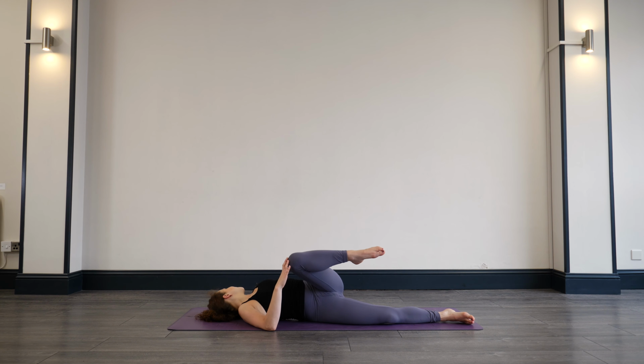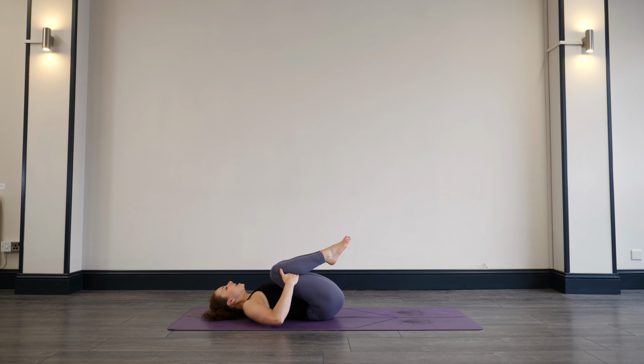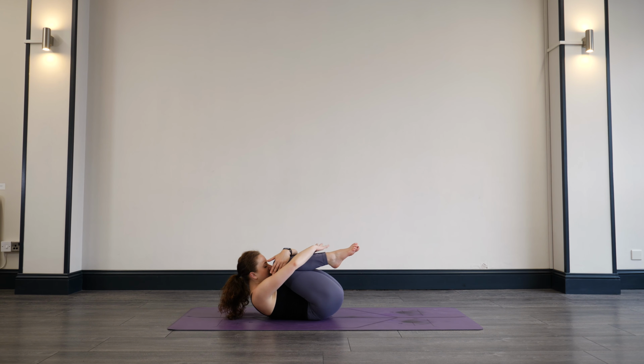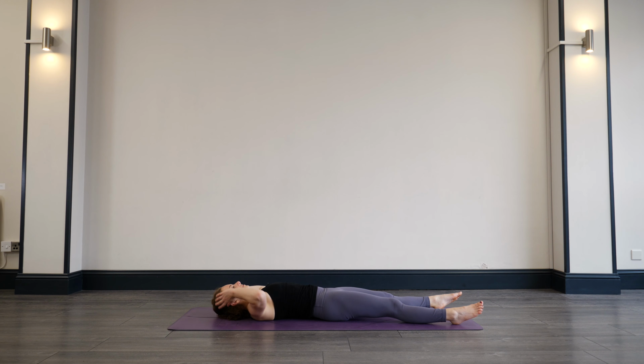And slowly on your next exhale, just releasing the stretch, hug both knees into the chest. Big breath in, just curl yourself up into a really, really tight small ball. Chin moves towards the knees. And as you exhale, just releasing the right leg down, the left leg down the mat, turning both palms up towards the sky. We'll enter into our final